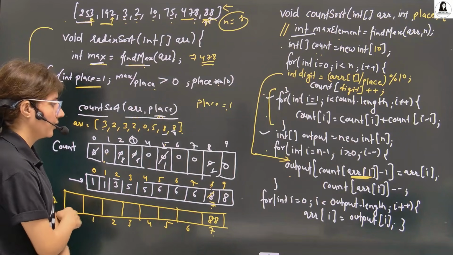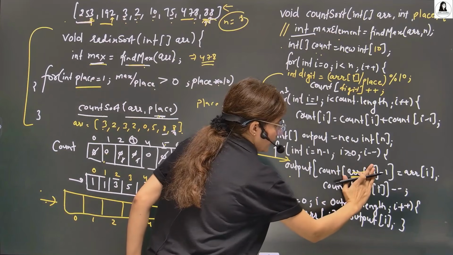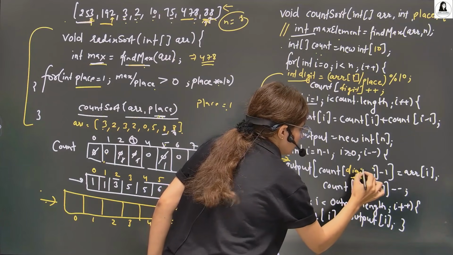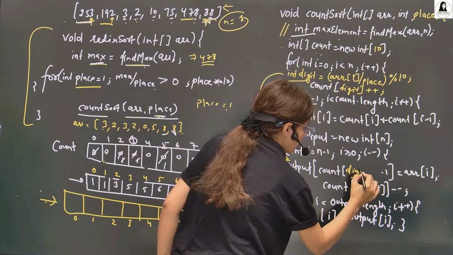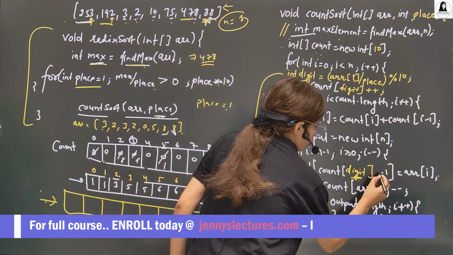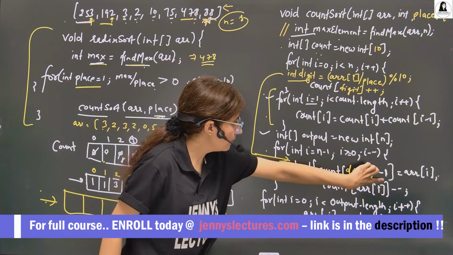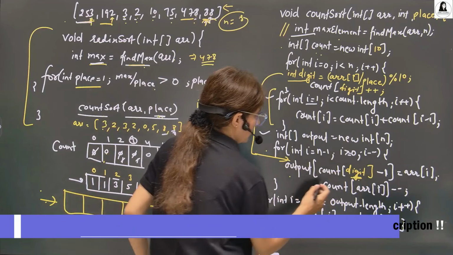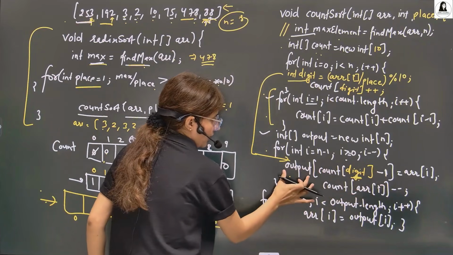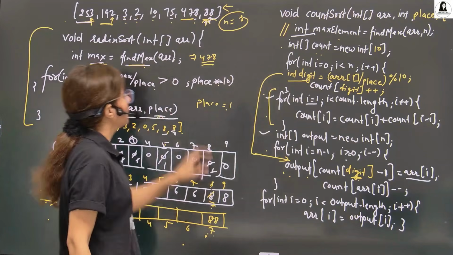Now the same thing you have to write. In the count of, rather than array of i, after fetching the digit, we write the digit here. The digit was 8, right? Now we just do minus 1, that is 7. Count of digit is 8, 8 minus 1 is 7, so this 7 is the index for the output array. At output array index 7,